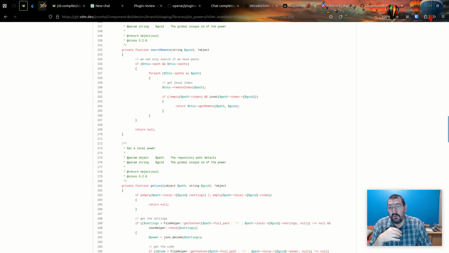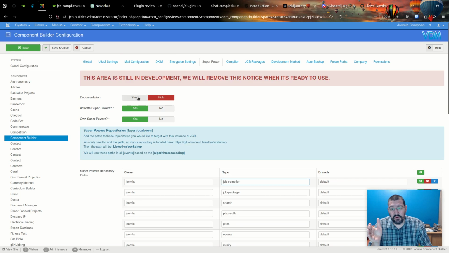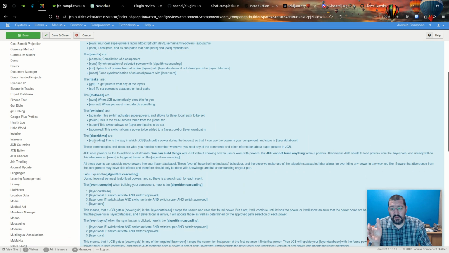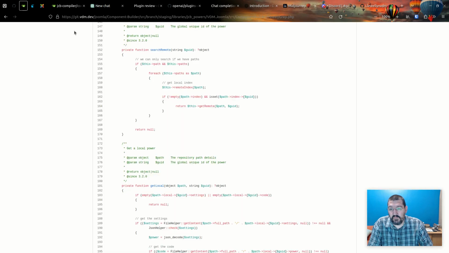So if you look at our config, even if a class exists in this one again, if we find it in the compiler class, we'll stop immediately. So that's part of what we are trying to explain here with the cascading algorithms, the way the JCB task gets power. We're trying to explain this cascading effect. So the highest value is the one that is being kept. Okay, having said that,